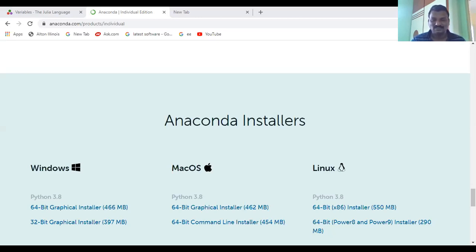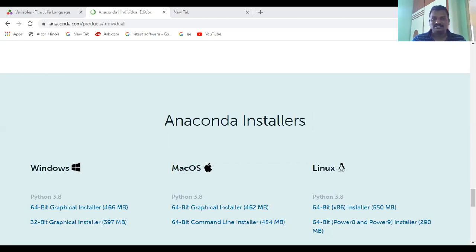I have already installed that one. To install the Anaconda Navigator, if you click next, it automatically asks for the location. After that, it will create a setup file on the desktop. Click on next, and it will ask something else. Click on next, and finally it will ask whether to create the desktop icon or not. That is the installation process of Anaconda. You simply download and then execute.